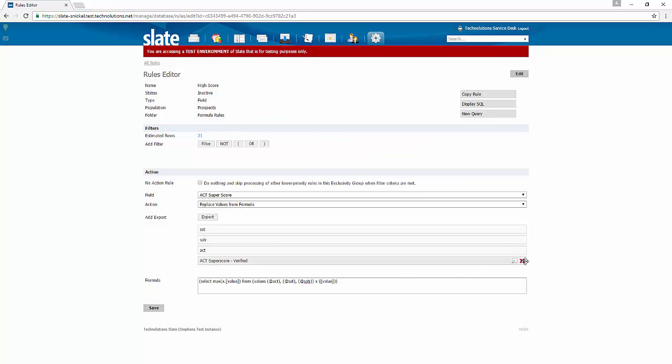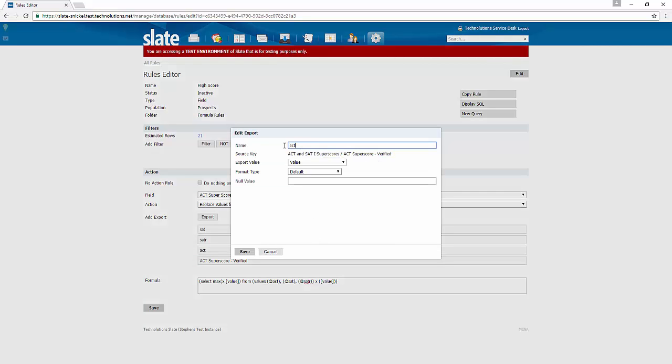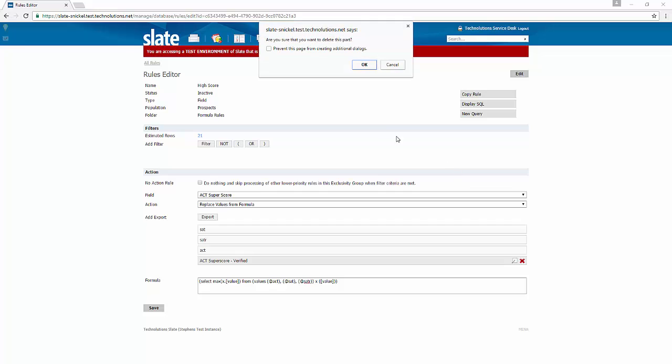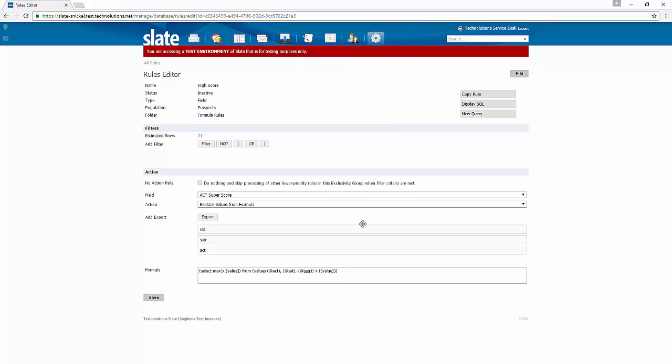So in this case, we've already set up our ACT. We already know it's a direct value. So let's go ahead and remove that. When it comes to our SAT and SATRs, now we need to put them all on the same scale. Our ACT is already on the proper scale, so we don't need to take into account any translation values for that. But for our SAT and our SATR, we do need to put them on the ACT scale,